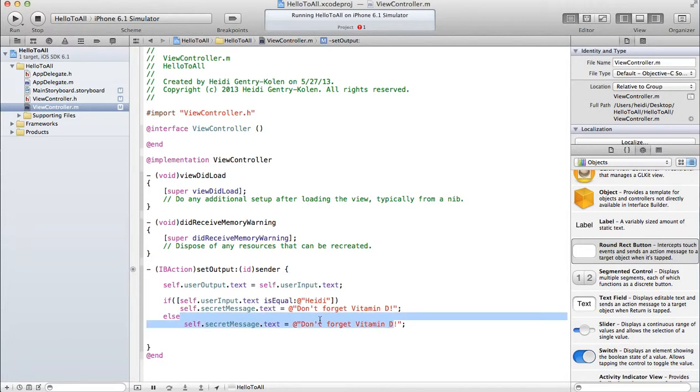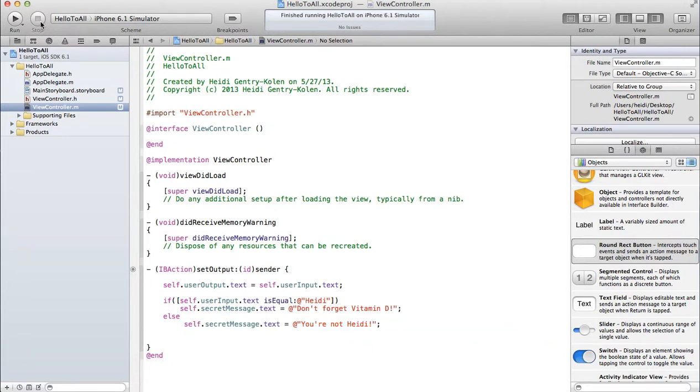And let's say we just want to say, if the string's not equal to Heidi, we're just going to say, you're not Heidi. So as you can see, again, the way our if-else works is we're evaluating this expression. If that expression results in true, then this statement will execute. If this expression results in false, then this statement is going to execute.